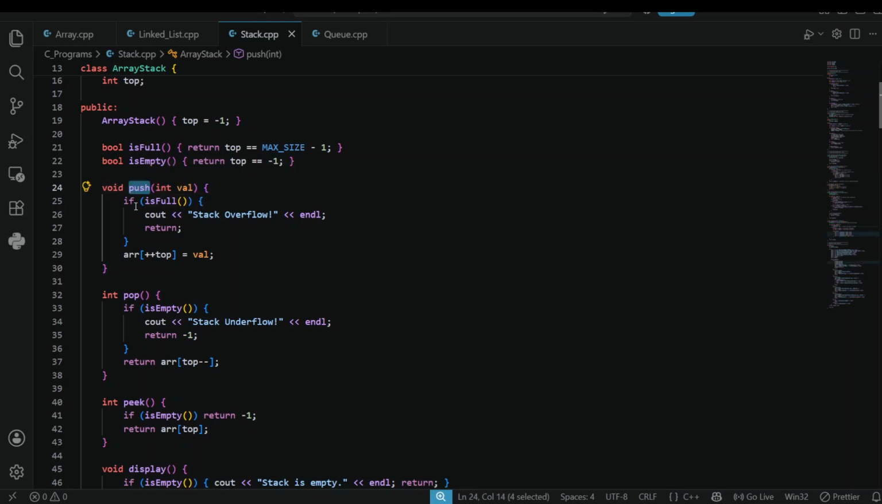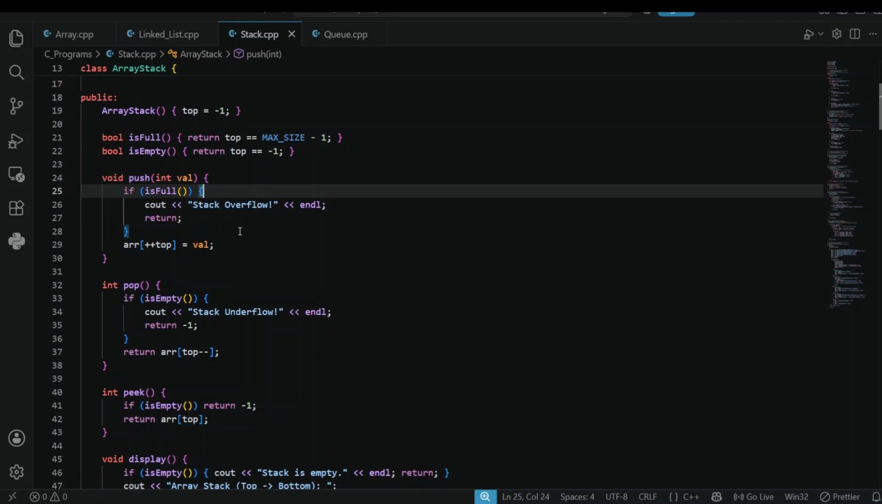And then the push function, so it is returning nothing. It is taking a value. If is full, now it will check using this function if the stack is full. If it is full, then it will print stack overflow, and then return. Otherwise,